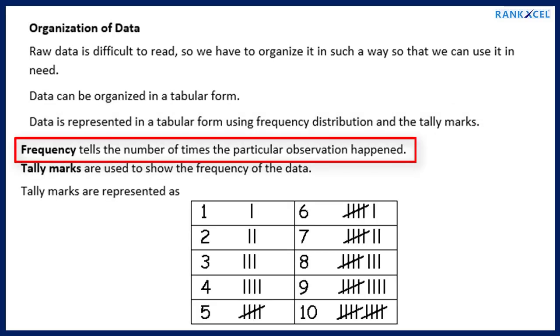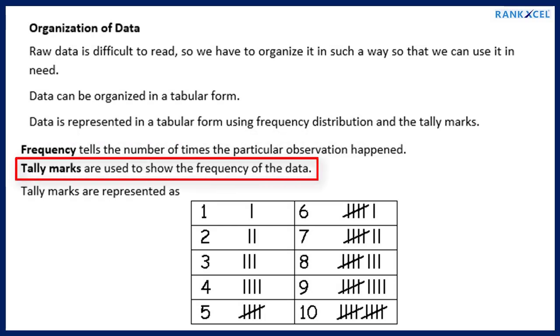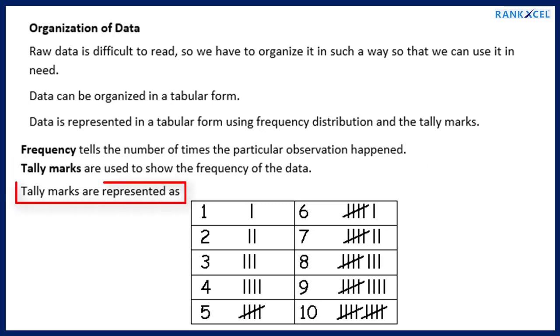Frequency tells the number of times the particular observation happened. Tally marks are used to show the frequency of the data. Tally marks are represented as